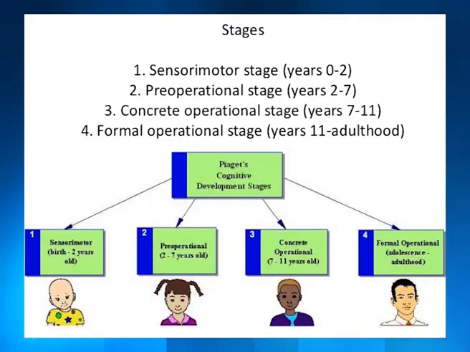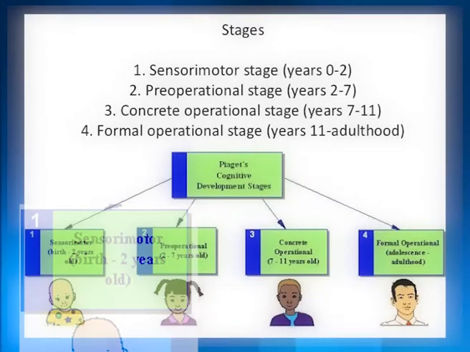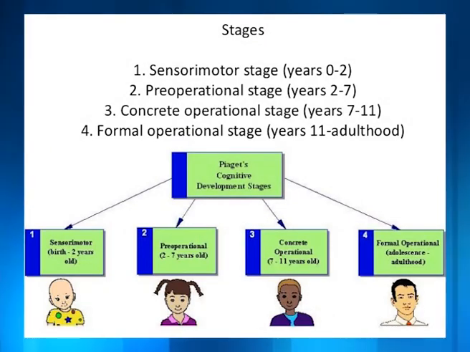What is the sensory motor stage? The first stage is the sensory motor stage, lasting from birth up to 2 years. The main achievement during this stage is object permanence, knowing that an object still exists even if it is hidden. It requires the ability to form a mental representation, for example, a schema of the object.